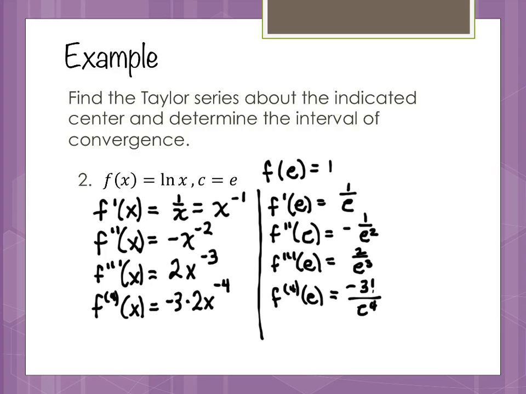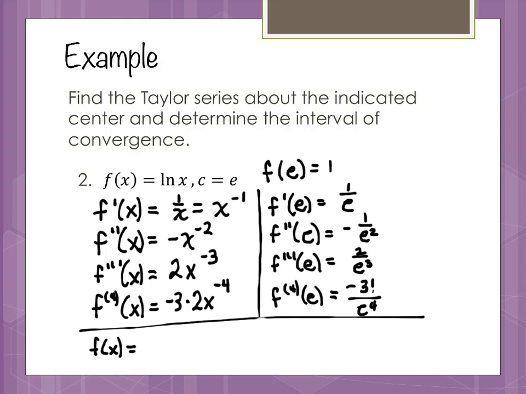Sign changes. This is alternating, right? We've got an alternating series here. All right, and we already noticed the k factorial part, which was the third thing we could take a look at. All right, so what I want to do next, just to give myself a little bit of space here, I want to take a look at what our function value would look like if we were to write this out. So if I were to write out my function